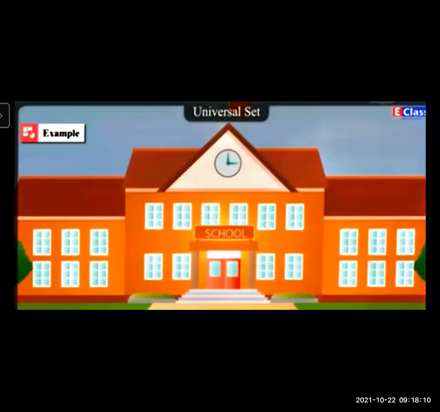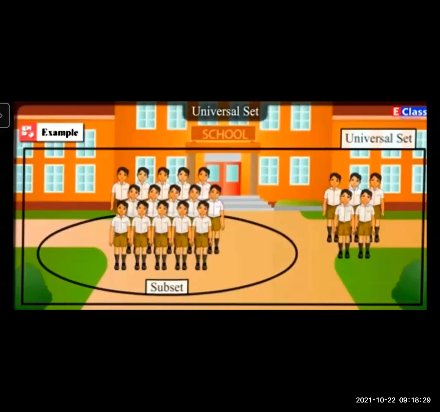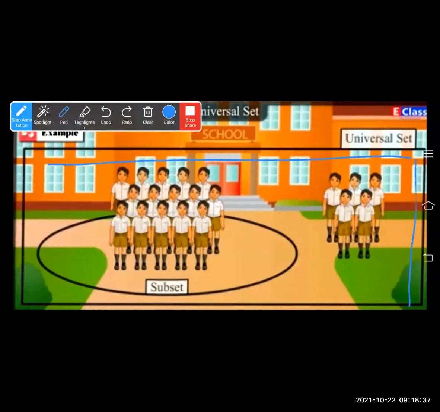We'll see some examples. Suppose you want to study the students in class 9 who frequently remained absent. Then we have to think of all students of class 9 who are in the school. So all the students in the school, or the students of all divisions of class 9 in the school, is the universal set. It is shown in this rectangle, and the students who remained absent are kept outside but in the school. School is your universal set, and this is your subset which are present in your school.